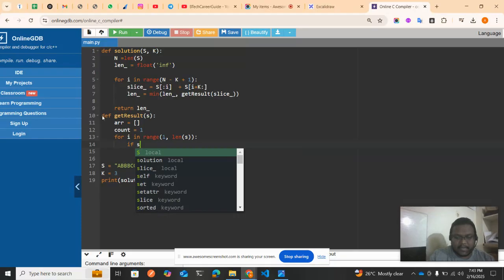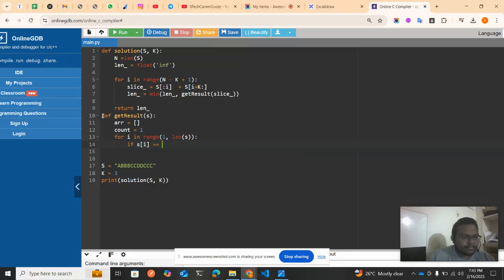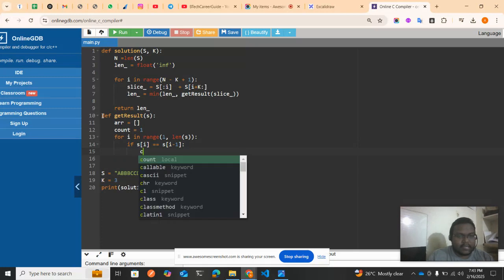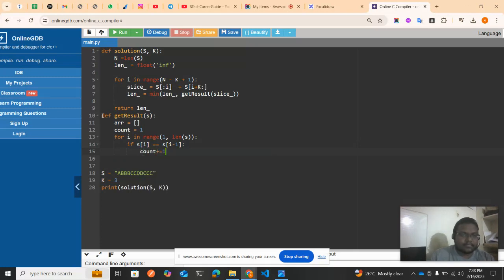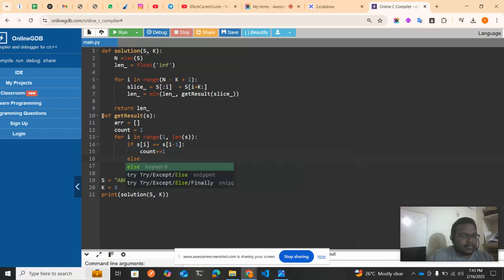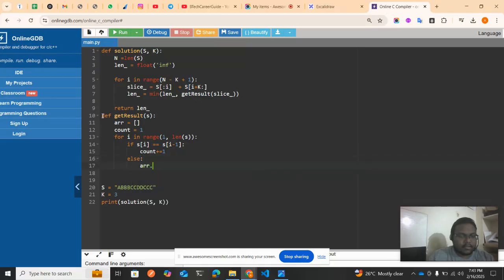So that's the logic we'll be writing here. If s of i double equal to s of i minus 1, what we can do is increment the count plus equal to 1. Else, if there is a new character, we can directly append that particular character to the array, array dot append of